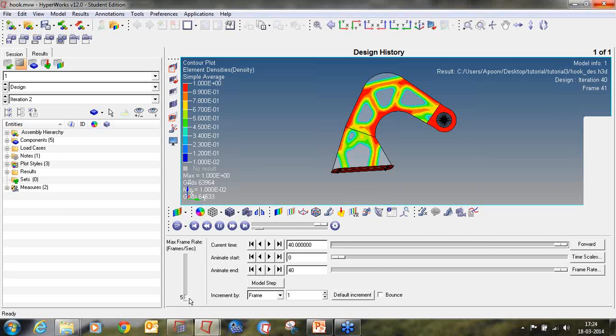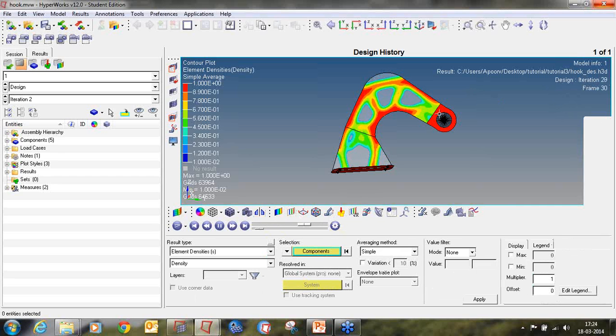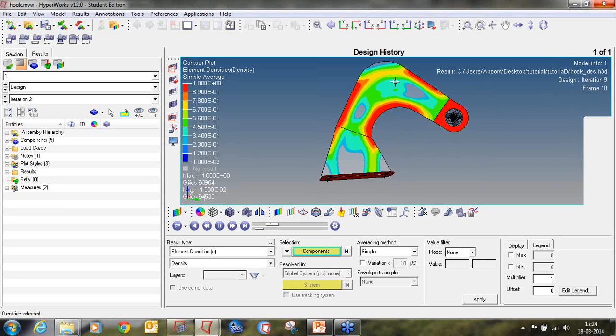So I'll make it as 5. So you can see the material is getting removed by iteration in this way, and the final design is in the last phase, that is on the 40th.